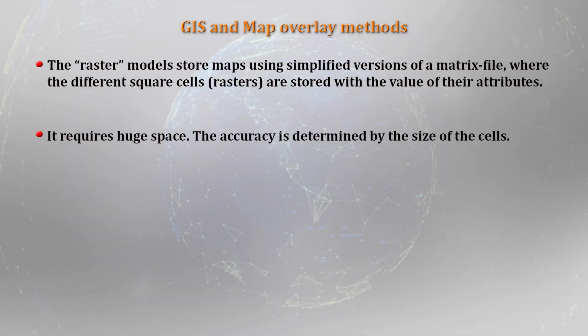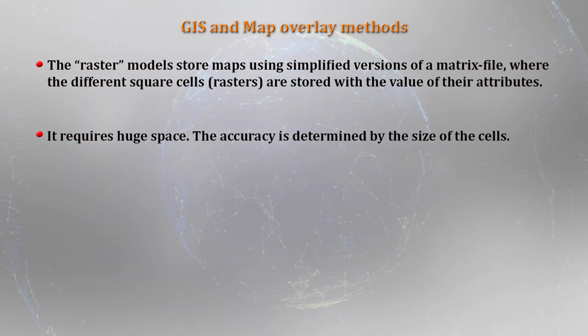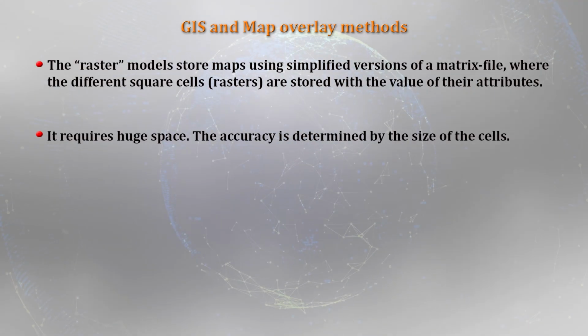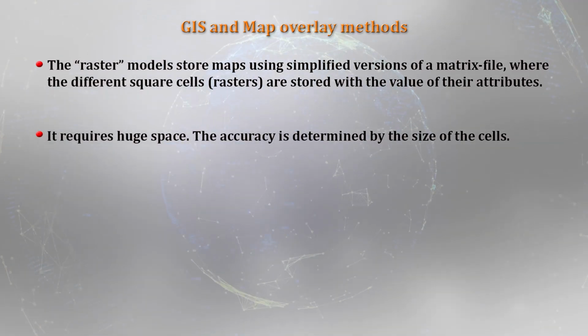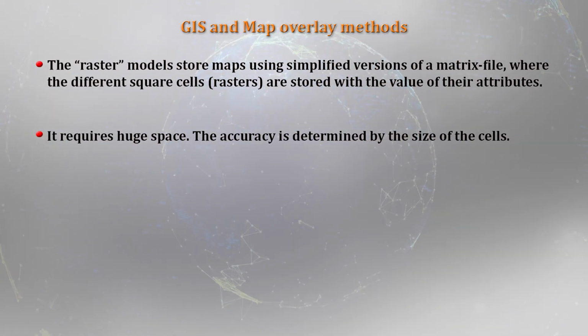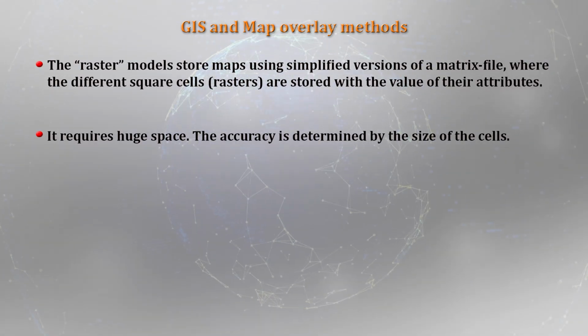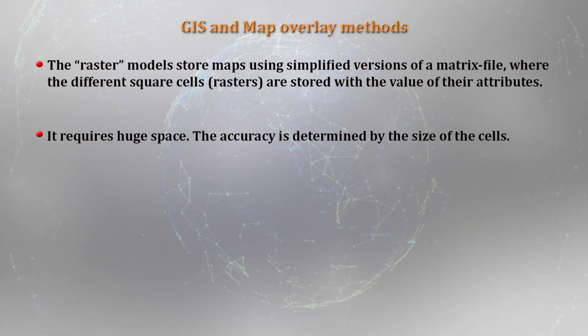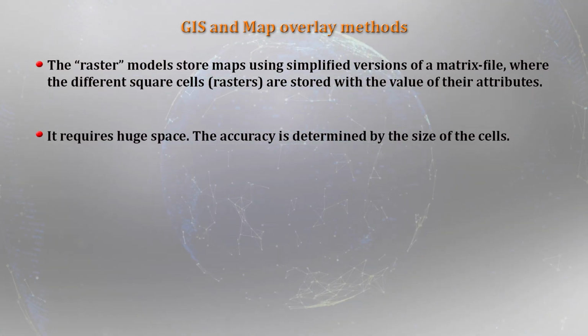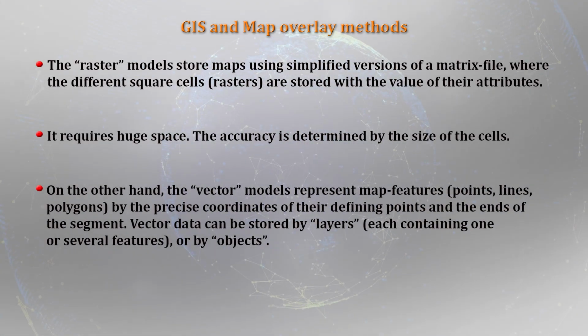The second point is that the accuracy of the features is determined by the size of the cells. But the limitation is definitely that it demands a lot of space. On the other hand, the vector models